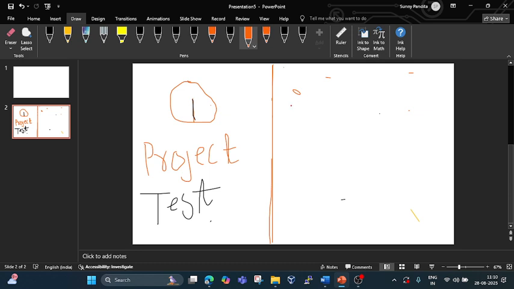In real-time scenarios, a change can be big. It can be adding a new file, replacing a file, a 1,000-line code change. But for now, to make you understand, I will just give a simple example. Let's say we have to change a is equal to 1, and this change was done by Sunny.